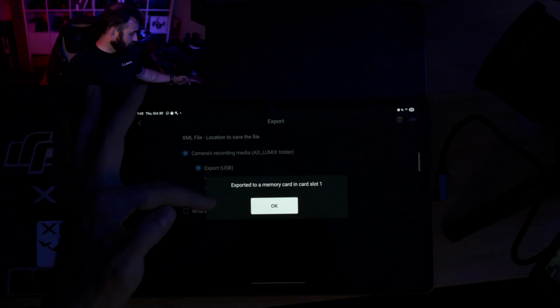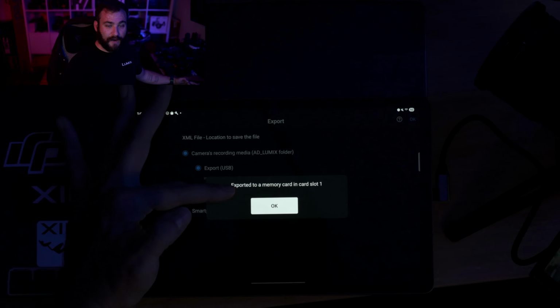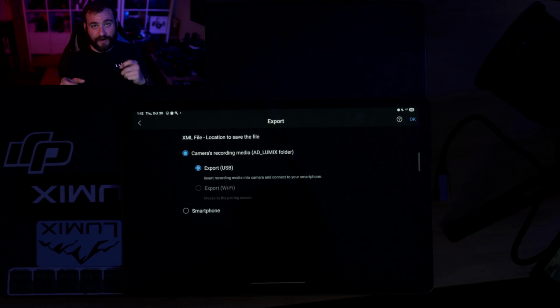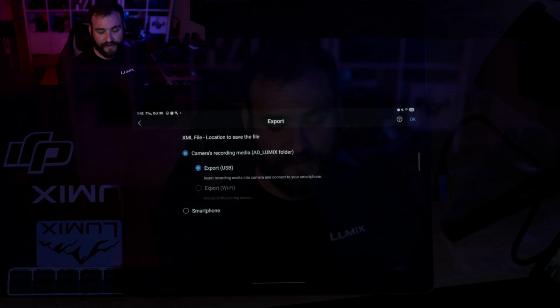Give that a second. Exported to memory card in slot 1. And now on the SD card, I have an .xml file that has all of the tagging information, the scene information that I shot all of those images with. So it allows me to be much more organized and, where it's applicable, work much faster than